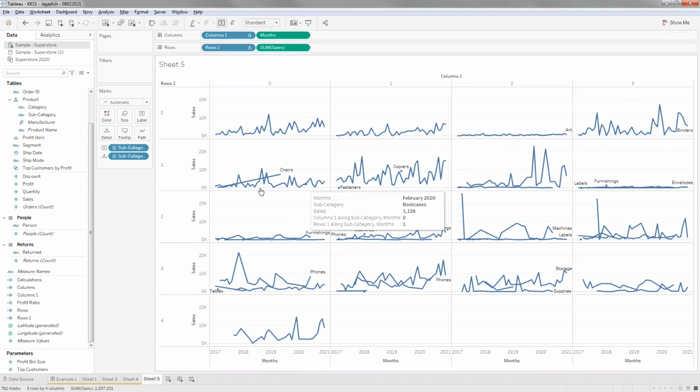But if you see some boxes in the grid, it looks like there are two lines, and the straight line is representing chairs, and the other line is representing bookcases, right? Which is not what we wanted. We want each box to be only for a certain subcategory, not multiple subcategories, right?